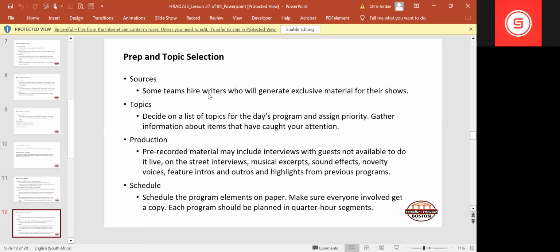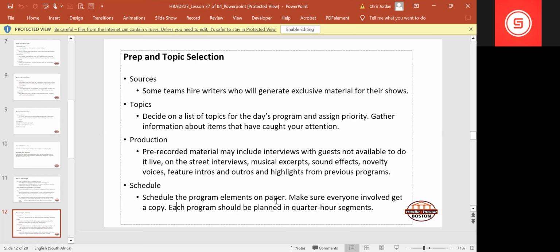So let's say you want a 2 minute piece versus a 5 minute piece or a 3 minute piece later. You can do that too. So there's this mass control with pre-recorded material. There's a time and place in every single show for you to do it. Feature intros and outros are more around imaging, but also excerpts, street interviews, vox pops, and so on and so forth.